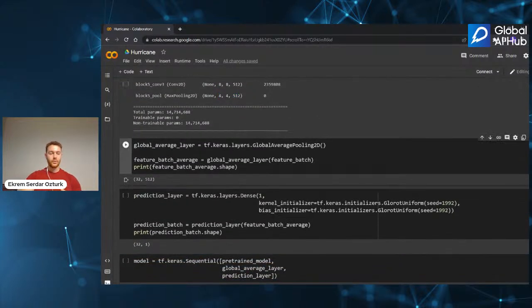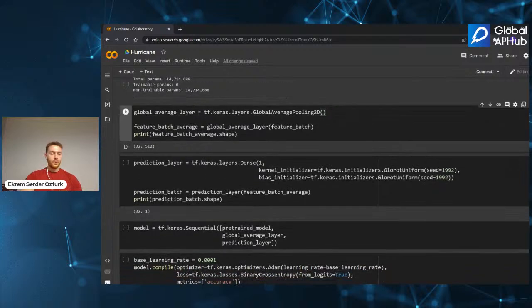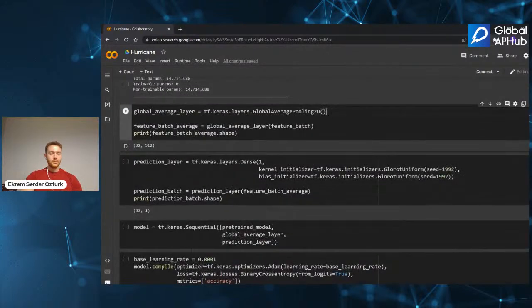So what should we do? Now we are creating the middle part that we took, and we are giving it a new neural network, the new part of ours. So how do we do this? We are giving the first layer, the average pooling layer.